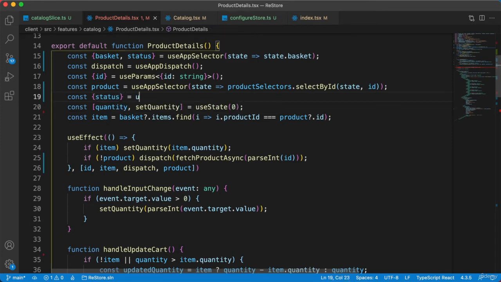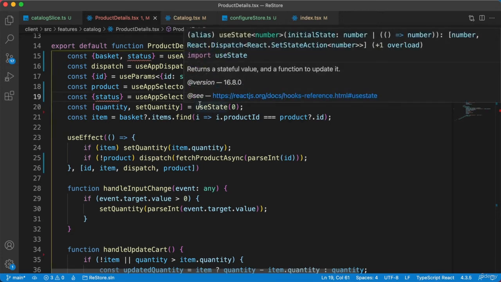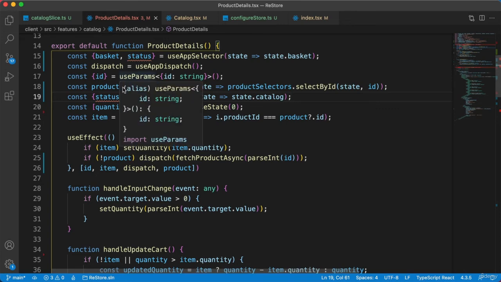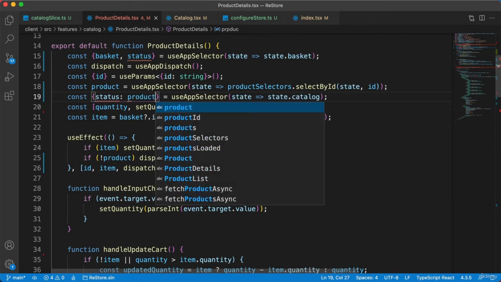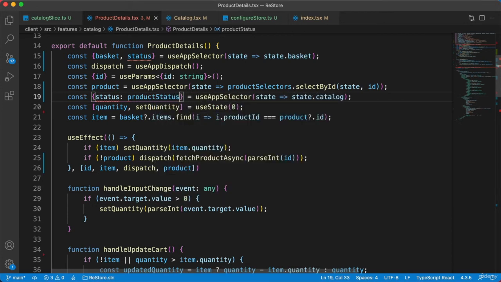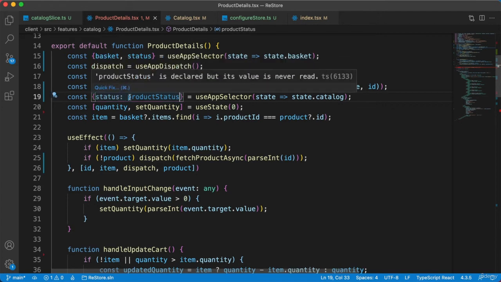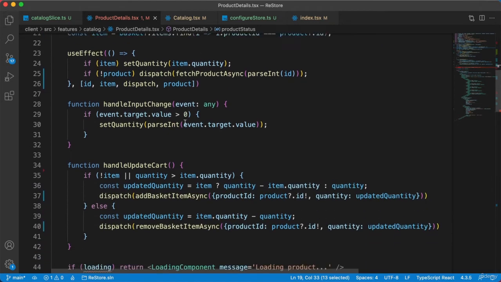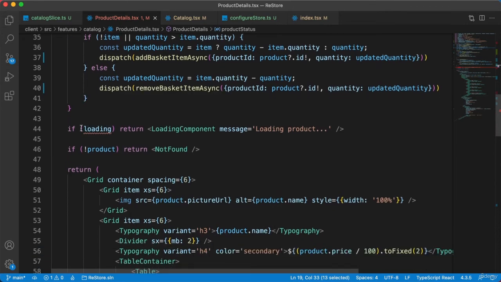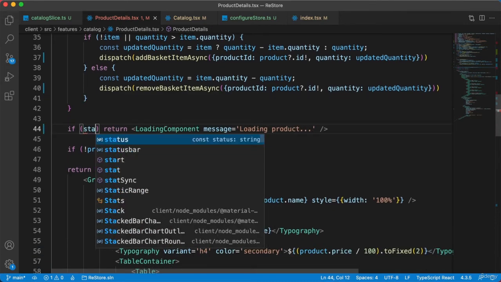If I go and use status and say use app selector, and say state goes to state.catalog, we're going to see nasty red squiggles because we can't use two properties that are the same name. So to get around that, what we can do is add a colon and then specify a different name of how we want this property to be called inside our component, and then the error goes away. But if I want to access the status from the catalog, then I just use the product status one here. And then we can scroll down to our loading indicator, and we can specify if status, or product status I should say,